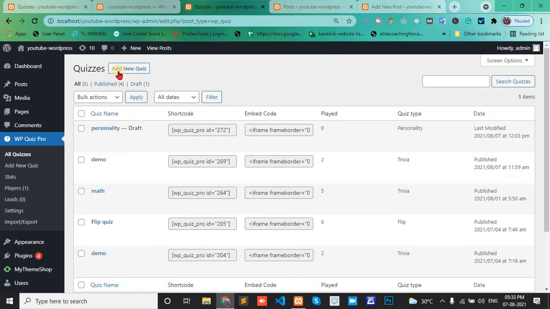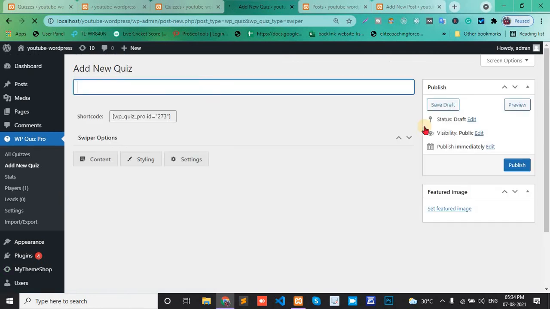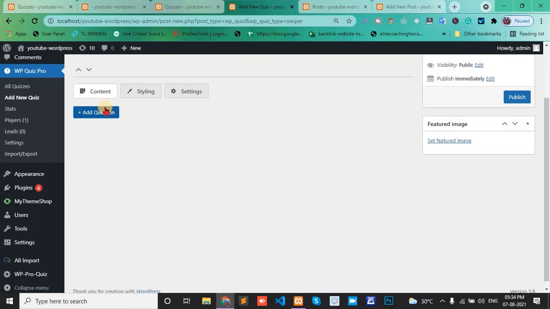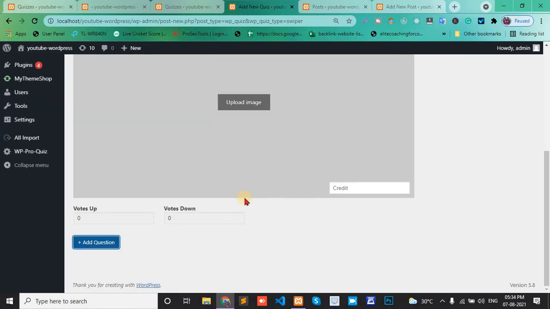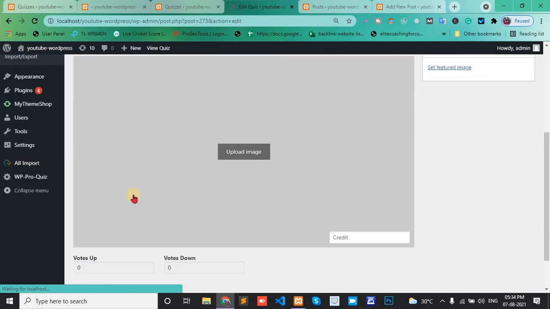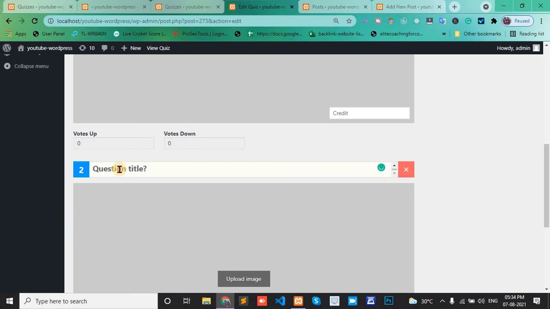And the next one is swiper. Create quiz. Add question. Here it is the same with images. Votes up and down. Add question. Question is: how are you?